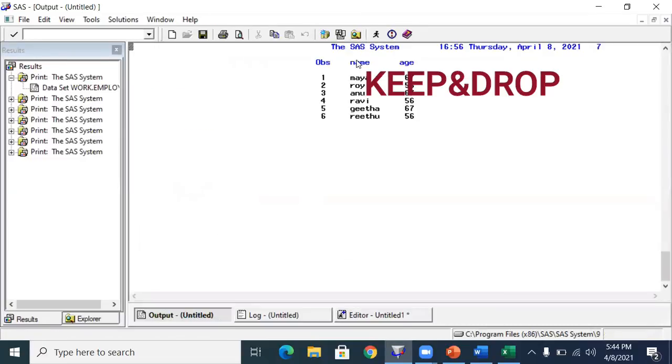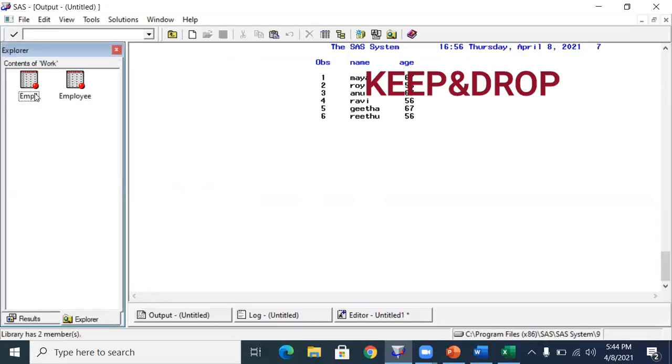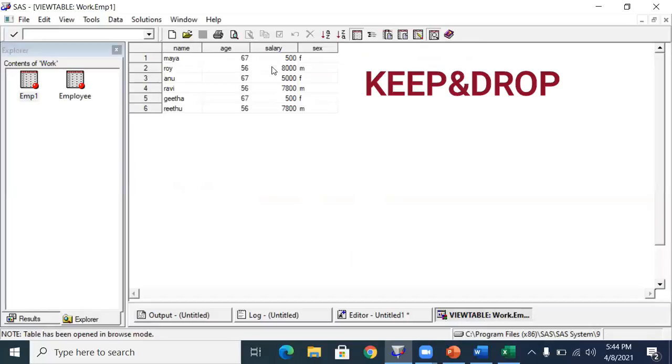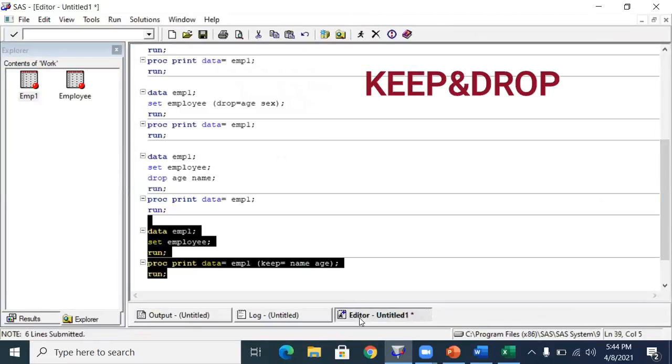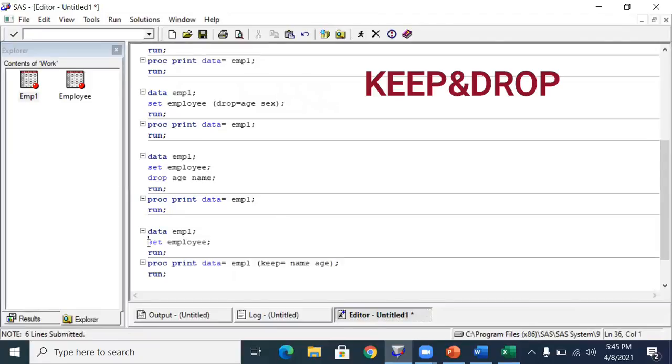I got the output name and age, right? In the output, I got only name and age, but in the data set, you can see everything is there. I opened the emp1 table. You can see work.emp1, that is the sub data set, right? In this, we can see all the variables. Why? Because in the data step, while copying, did you say anything?